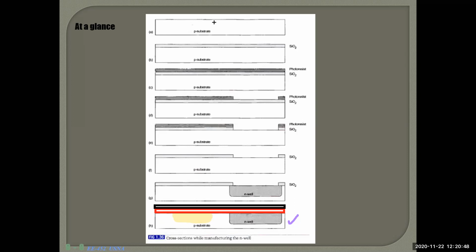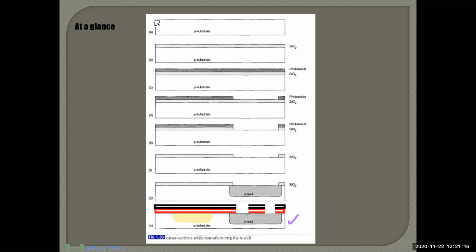After giving the UV, what will happen? Let's say you have a box like this, 2 boxes. There you give some UV because the mask layout does not have anything here. Now you give some hydrofluoric acid. After giving some hydrofluoric acid, what will happen? It will etch the silicon dioxide.